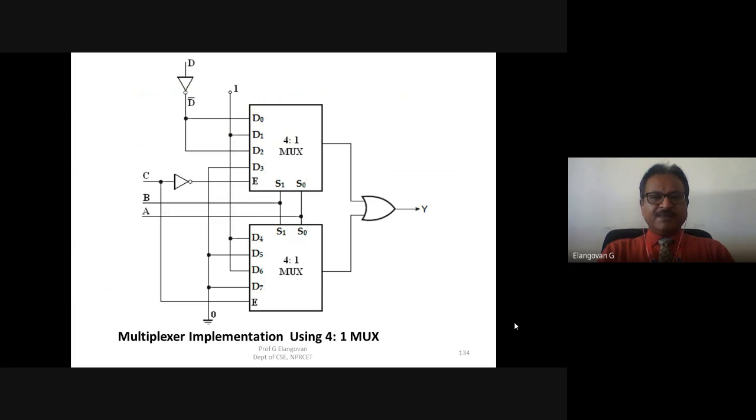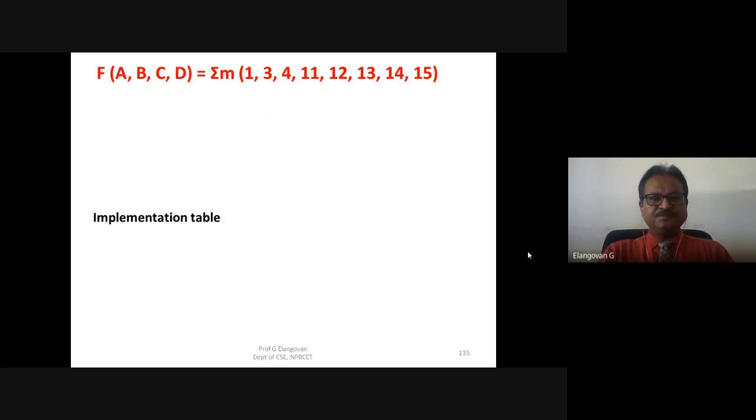And similarly, a higher order multiplexer can be implemented using a lower order multiplexer. So this is multiplexer implementation using 4:1 multiplexers. We have only 4:1 multiplexers, but they are capable of performing the same operation. Instead of an 8:1 multiplexer, if you have 4:1 multiplexers, we can use them, provided one more additional signal is there, the enable input. That enable input will select whether the top multiplexer or the bottom multiplexer is activated. So this is also a valid one.